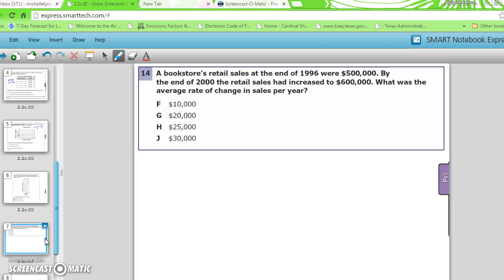Bookstore retail sales at the end of 1996 were 500,000. By the end of 2000, the retail sales had increased to 600,000. What was the average rate of change? Okay, so you have your y1, your x1,